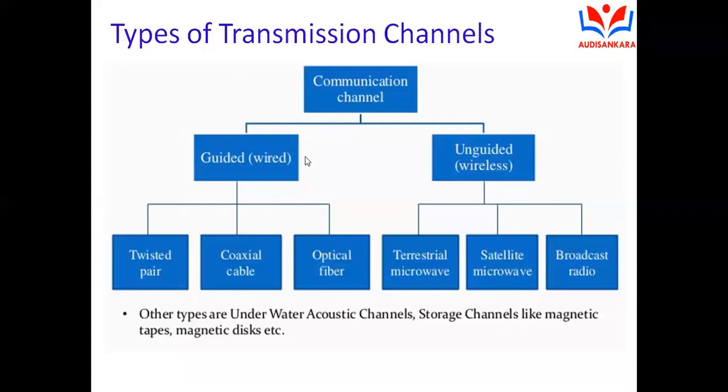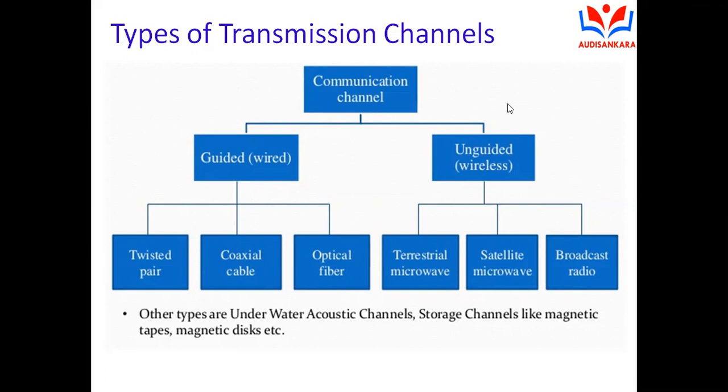The guided transmission media may be considered based upon the material used, such as a twisted pair wire, a coaxial cable, or an optical fiber cable. Such materials are connected between the transmitter and receiver in guided transmission media at the time of propagating the information from the transmitter to the receiver.